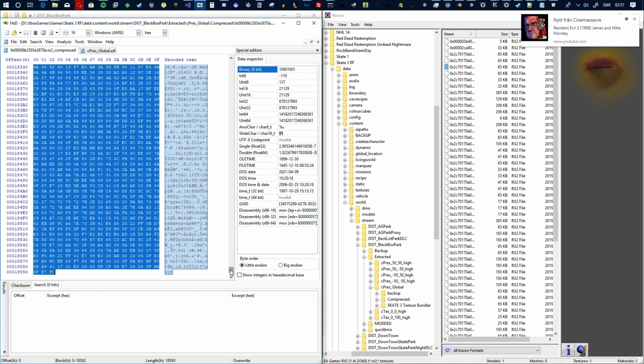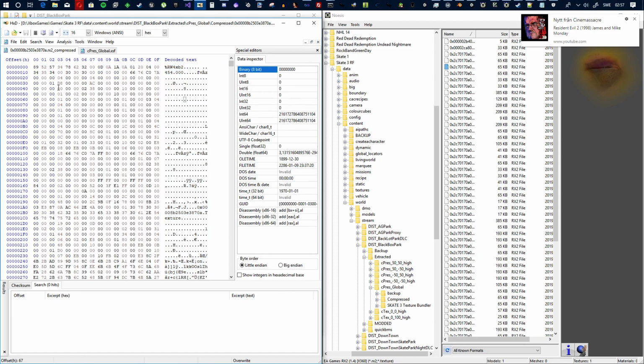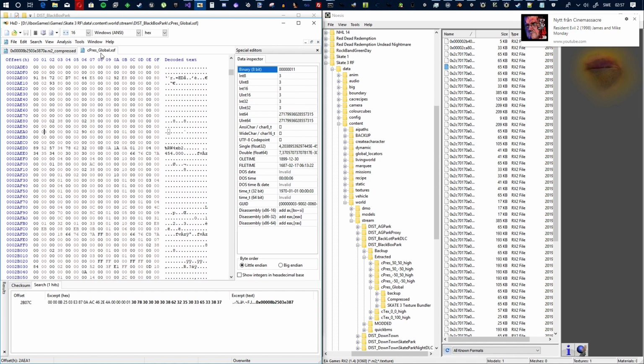The new value is going to be the size that we put in here at offset 54, so basically 00 02 00 00. We want to do the same thing where the texture started, right here at the RB4: you want to go up 30 in length, and that's where you're going to find the uncompressed size. And that is going to be 00 02 00 00. Save that. Then you can make a backup of this file, because this should work now, but